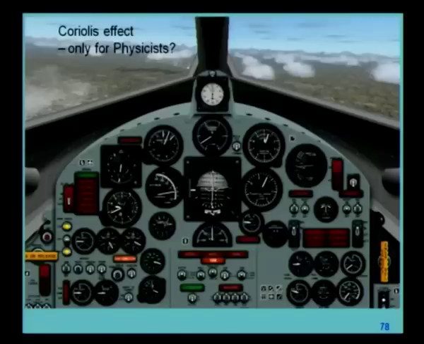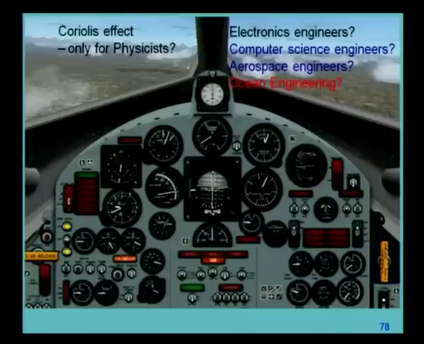The navigation system must incorporate these features. The electronics is very sophisticated, and it is all there in front of the pilot, and it should be quite obvious now that it is not just for physicists to learn about the Coriolis effect, but all kinds of scientists and engineers, whether you are an electronics engineer or a computer scientist, because ultimately everything goes into the computer, and the computer has to be programmed to incorporate these corrections and then tell the pilot where he is and how to change his course. Or if you are an ocean engineer or an aerospace engineer, no matter what, in every